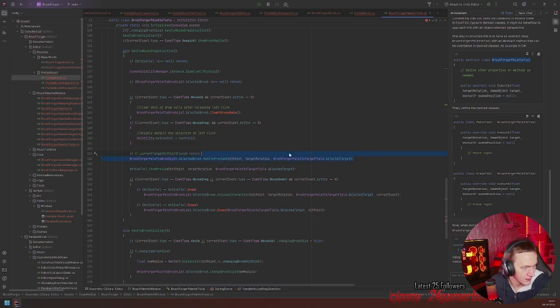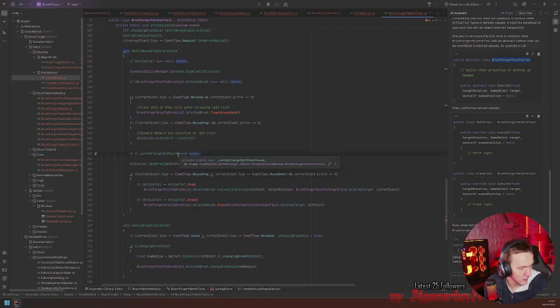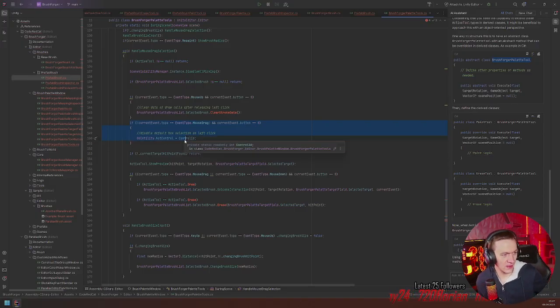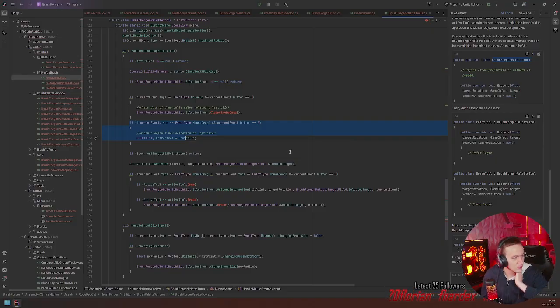Yeah, so we need to get rid of these if clauses, but I need to do the same thing inside of tools. So it's going to take a little bit. It's not too easy.